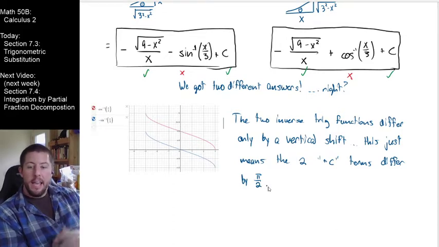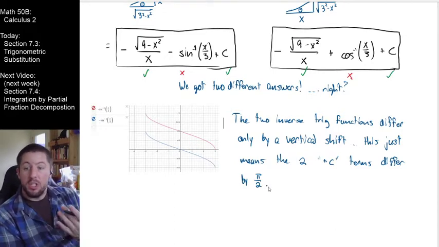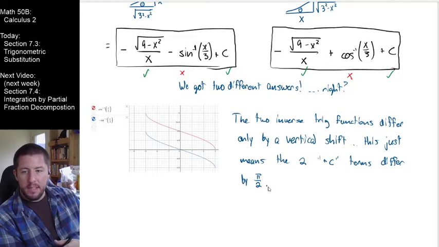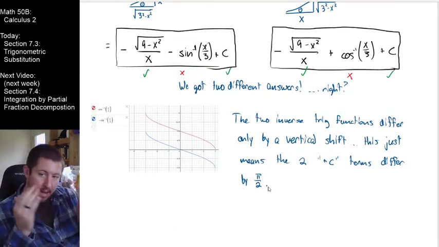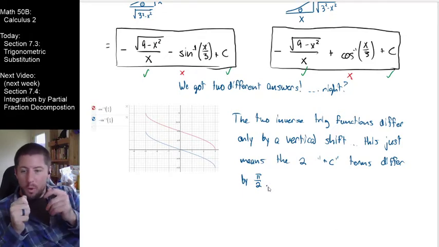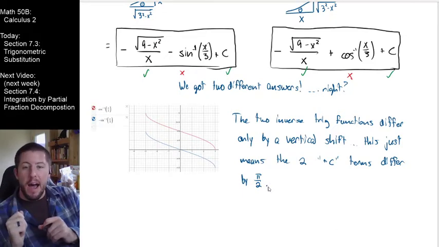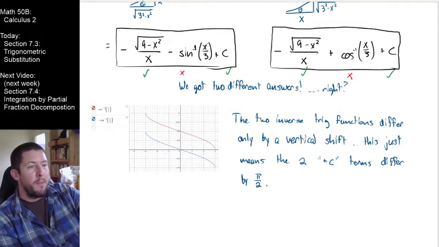So the point here is, if I were to give you an initial condition at which to evaluate this integral, if I were to say, oh, and x starts at 3 pi halves, and you were to solve for what value of c makes that true, we would find two different values of c depending on how we set up this problem. One of the values of c that you would get would be pi halves larger than the other. So maybe what I can say right here to wrap this up